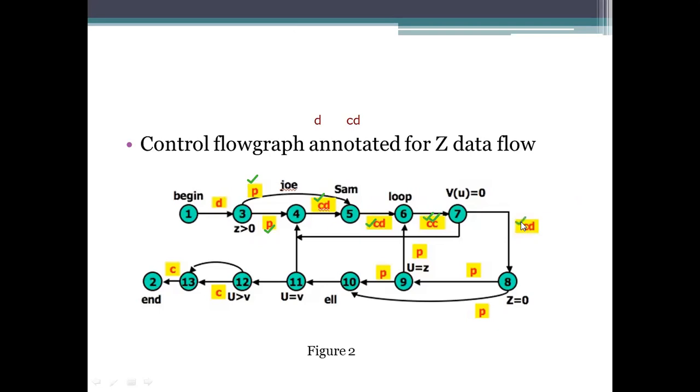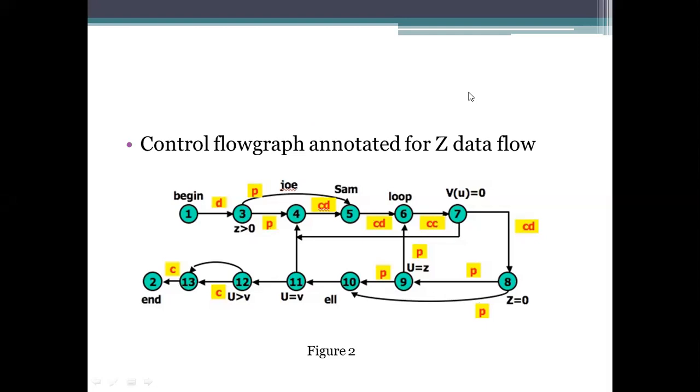And coming to the last defined one, which is represented at 7. From 7 to 8, we have the z defined. After that, we have multiple usages of the variable z here. So if you see, this defined variable has been used here, here, and if it goes this way, it is being used like here, and here, like that. So we need to study each and every variable we have.